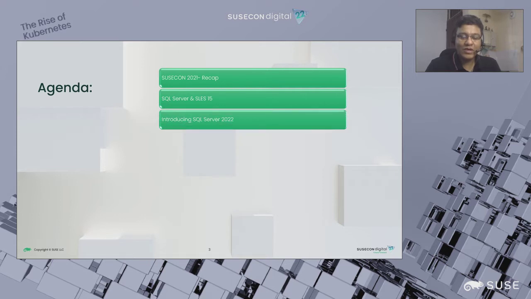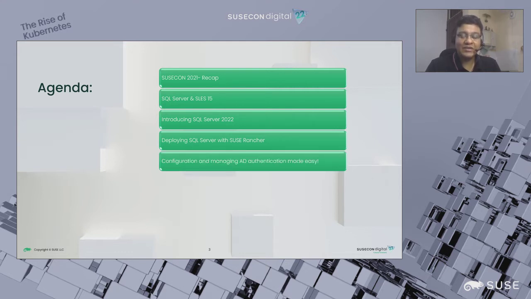Then we are going to talk about all new exciting SQL Server 22 that debuted and was introduced in public preview in the month of May 22, which is just a couple of weeks back. And then we are going to go ahead and look at how you can get started with SUSE Rancher and SQL Server, after which we will take a look at the different ways you can configure AD authentication for SQL Server containers and SQL Server on Linux. And also we are going to look at the keytab rotation, which is made very, very easy without the need for restart. Post which we are going to look at what are the different performance knobs.